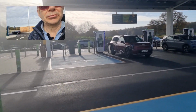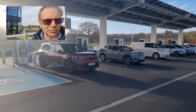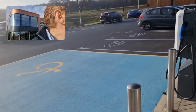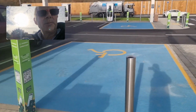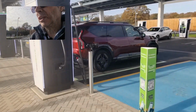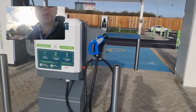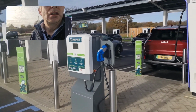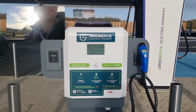Usual thing with the Gridserve, they have nice people wandering around to help you charge. So it's a really, really nice location. Good to see some disabled bays through here and charging at home. And obviously they have assistants on hand to help you if you want to charge. So that's always useful. If you want to use a CHAdeMO, there's actually a CHAdeMO charger here. Which is interesting. I don't think I've ever seen an ABB charger of that size before, but that's quite an